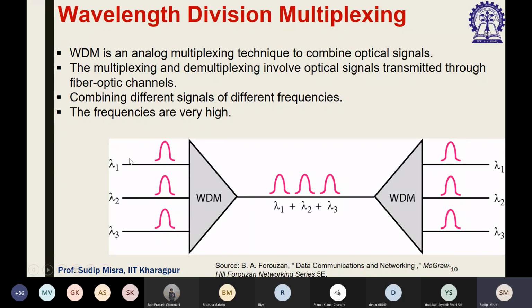So you see that we have 3 different input lines with input signals of wavelengths lambda 1, lambda 2, lambda 3. With the wavelength division multiplexer, you are going to produce a composite signal where these 3 wavelengths are combined into a signal of lambda 1 plus lambda 2 plus lambda 3. Then it is going to be demodulated and demultiplexed at the other end, and you are going to get the individual signals back, right? So here